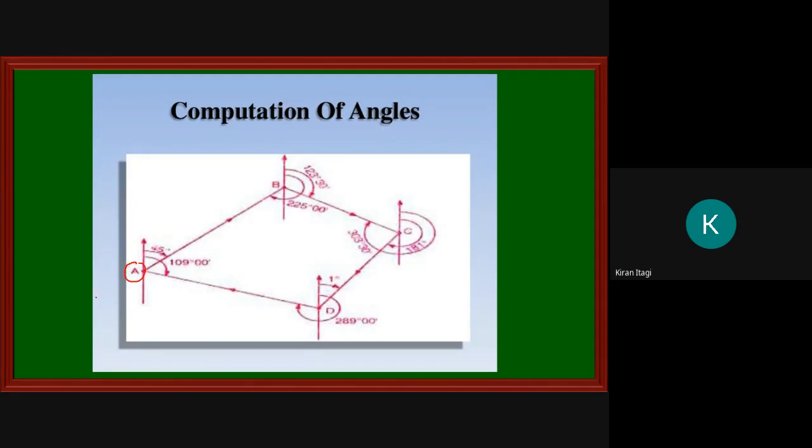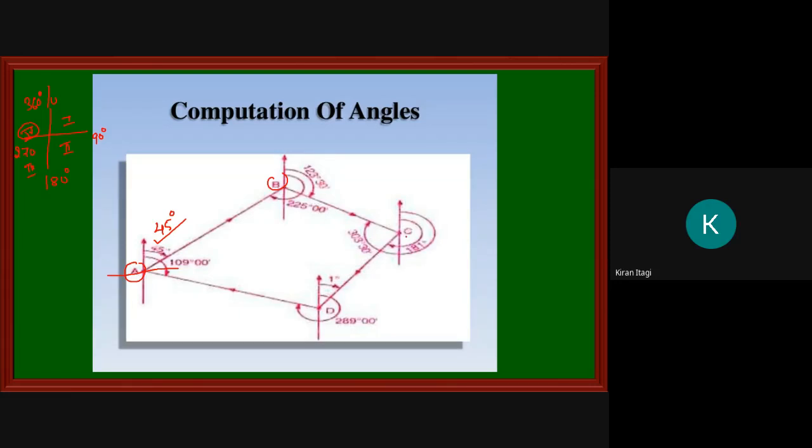The first thing is that this is my station A. I will take station A and draw the quadrants. From A to B, how much is the angle? The angle is 45 degree. Draw a line. For 45 degrees, this is 0, 90, 180, 270, and here 360. 45 lies in the first quadrant, and then second quadrant, third quadrant, and fourth quadrant. Know these basics.